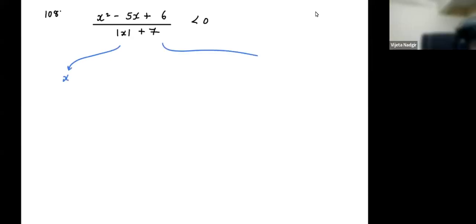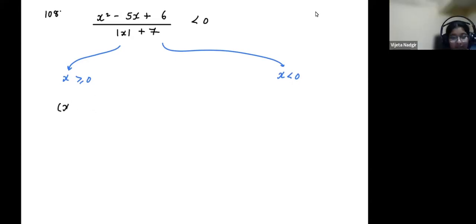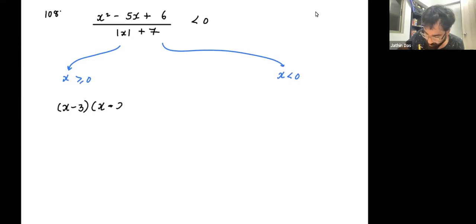x is greater than 0, x is less than 0. Anywhere you put an equal to, that's okay, it doesn't matter. So now greater than 0 means x square minus 5x plus 6, so the upper wala directly you can tell: x minus 3 and x minus 2, no? And x plus 7,